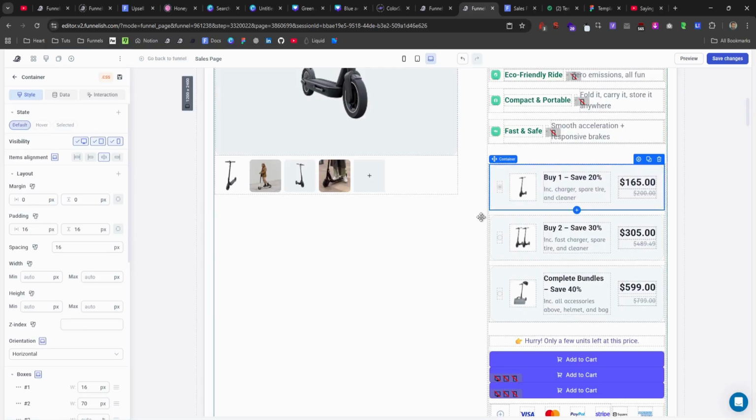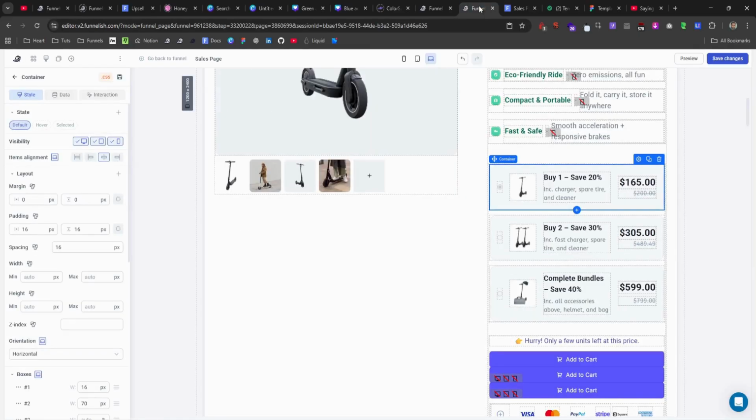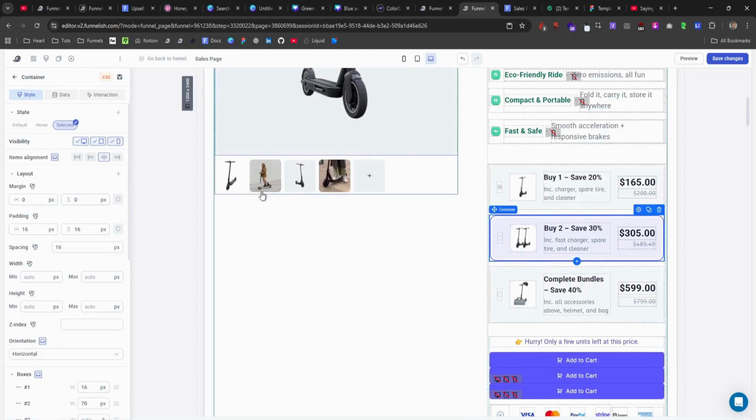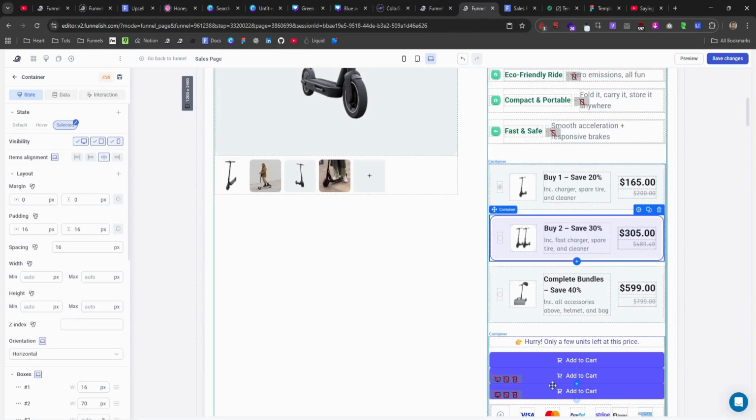And now we have set interaction. So when we click on this container, we activate the state of this container, which is the selected state. When we click on this container, we have activated the select state of this container, as well as we checked this radio input button, and we have also activated the second button of this container